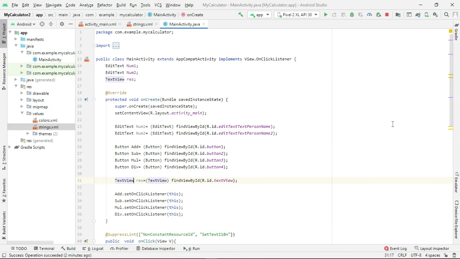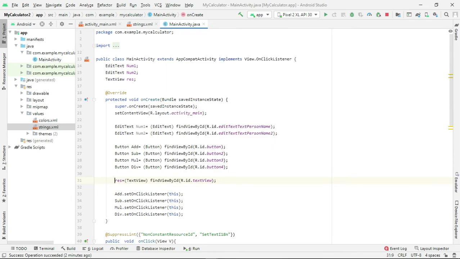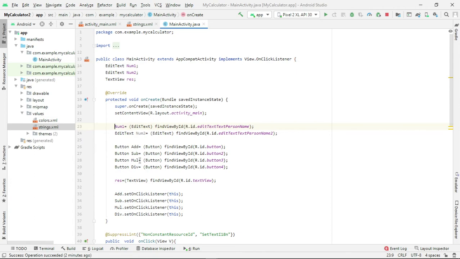The problem is actually we have defined an edit text twice and text view twice. So let me remove it once. Okay, so you have to define it only once, don't define it twice. Yes, let me run.